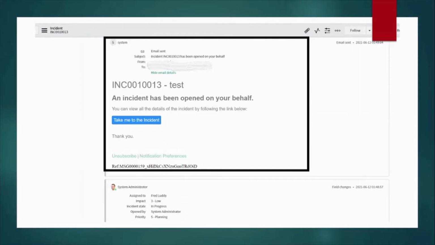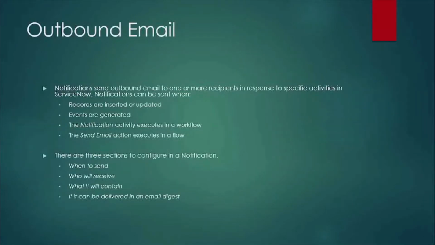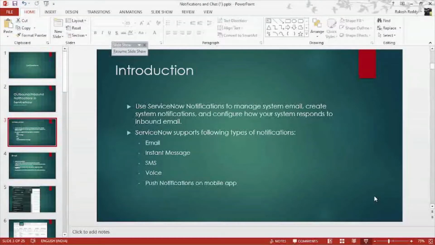Okay, so once it is sent, how does it look? After you configure your notifications on outbound emails, if you navigate in the filter navigation to emails, in the system logs you can see emails. If you click on that, it will show the emails which have already been sent from ServiceNow to the other third-party tools. Here you can search with your recipients, or with anything.